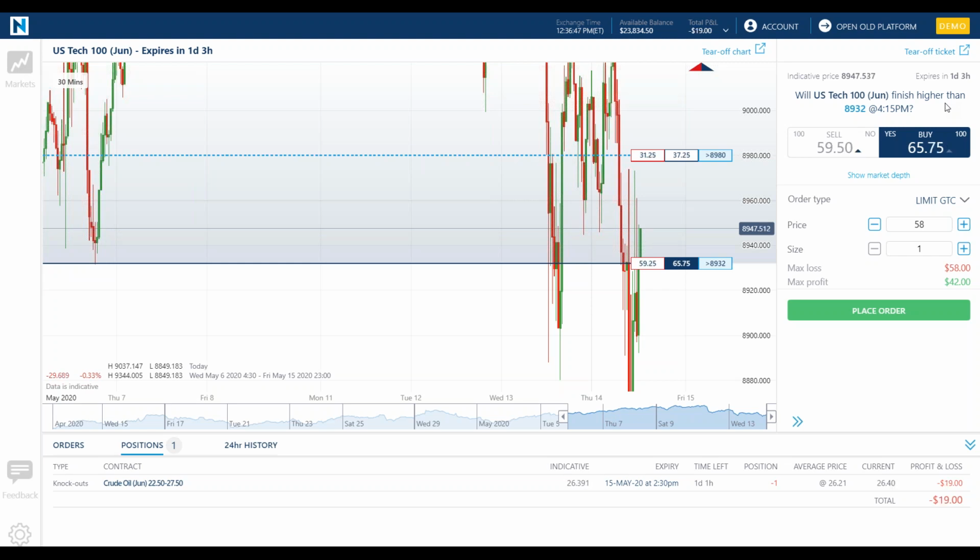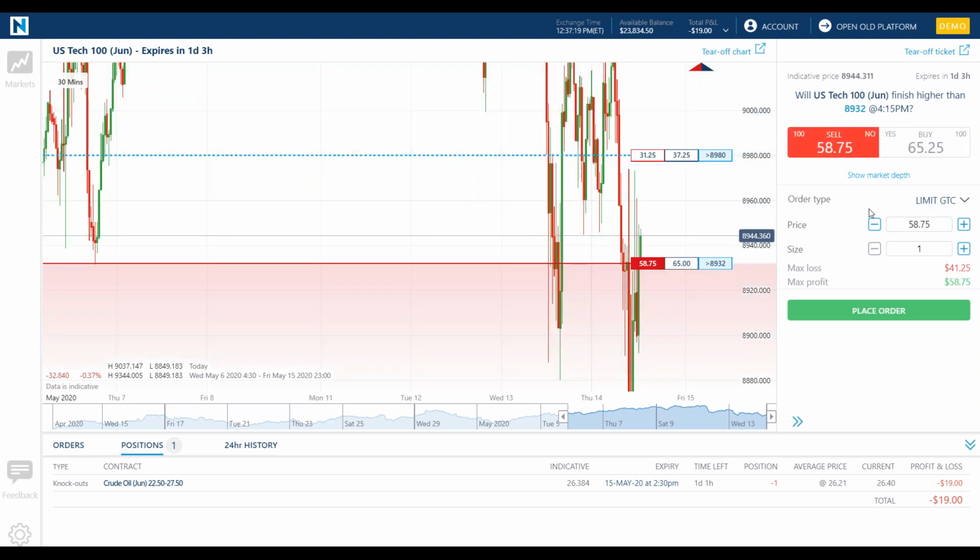A binary option is either 0 or 100. It is all or nothing. The contract either finishes in the money and the answer to the question is true and it's worth 100, or it's false and it's worth 0. So if I bought here, I would be risking 58. If it were to finish above, my maximum profit would be 42 because it would settle at 100 and I would make $42. If I thought it were going to go lower, I'm going to sell one at 60,